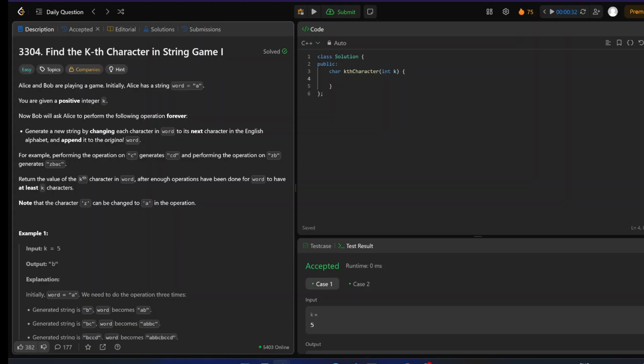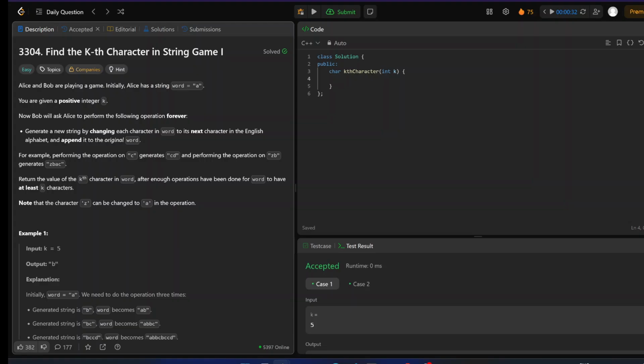We have been given a string which initially includes the character a, and a k, and we have to find the kth character in the updated string while performing operations on the initial string.